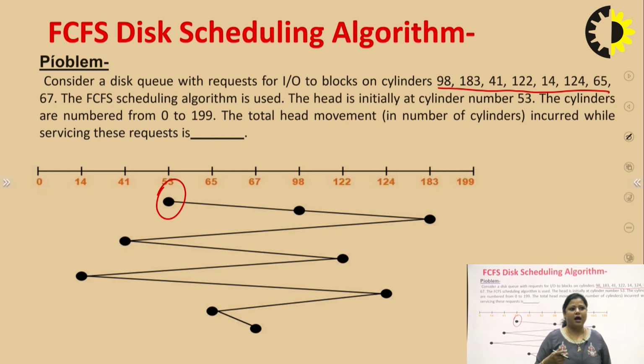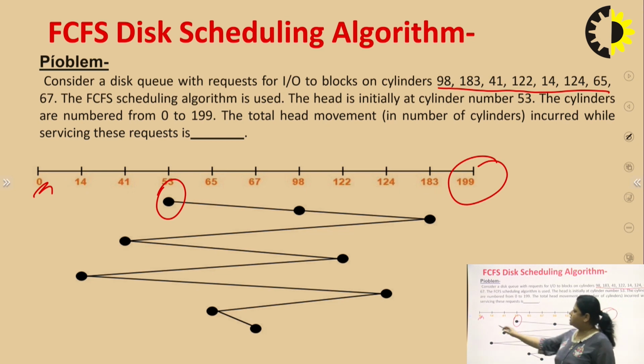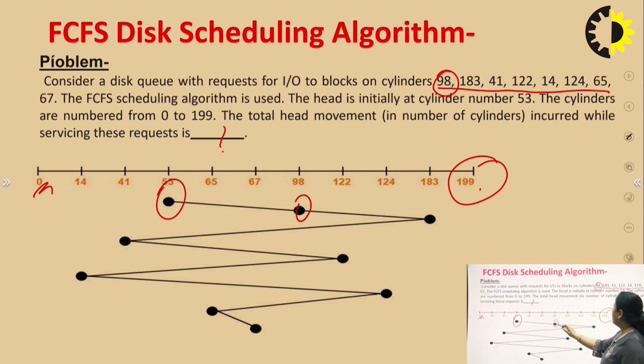The cylinders are numbered from 0 to 199. The head is at 0 and the last point is 199. So what is the total head movement in number of cylinders incurred while servicing these requests? This is the question. It simply works on the basis of first come first serve. So after 53 it goes to 98. Now after 98 it goes to 183. After that it goes to 41,